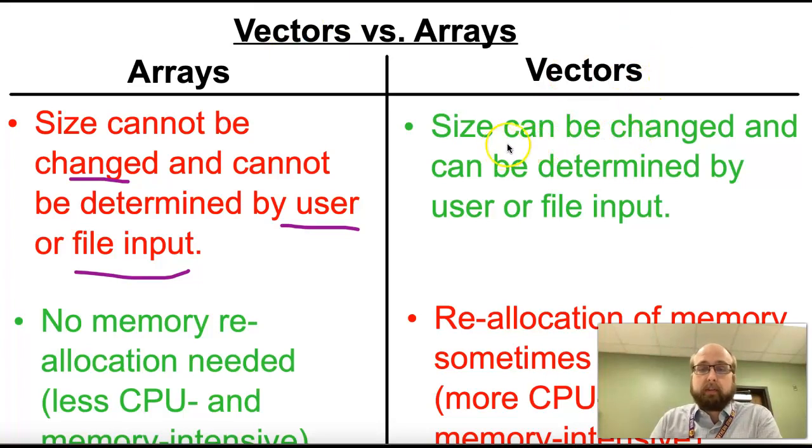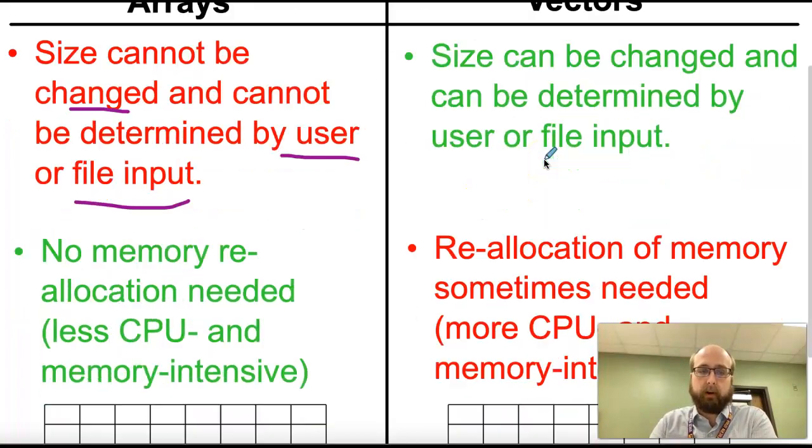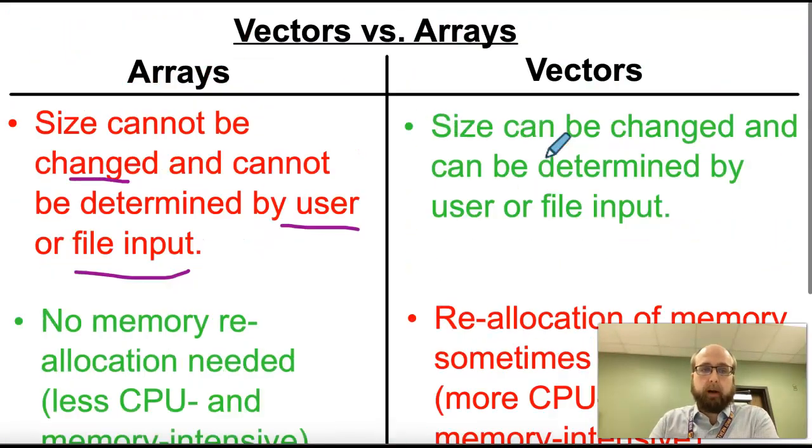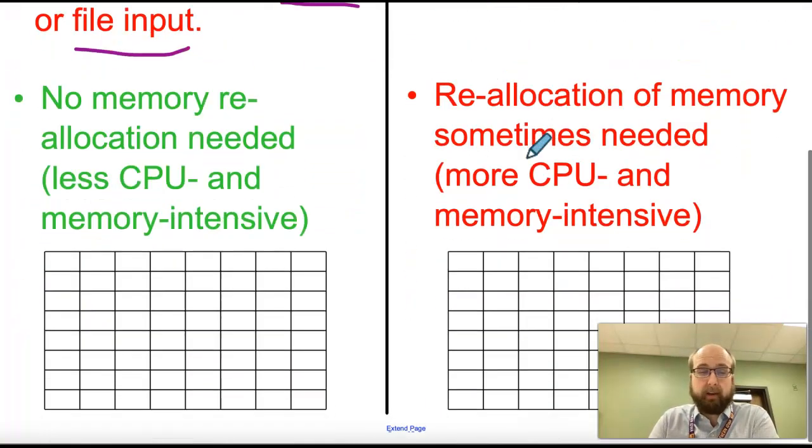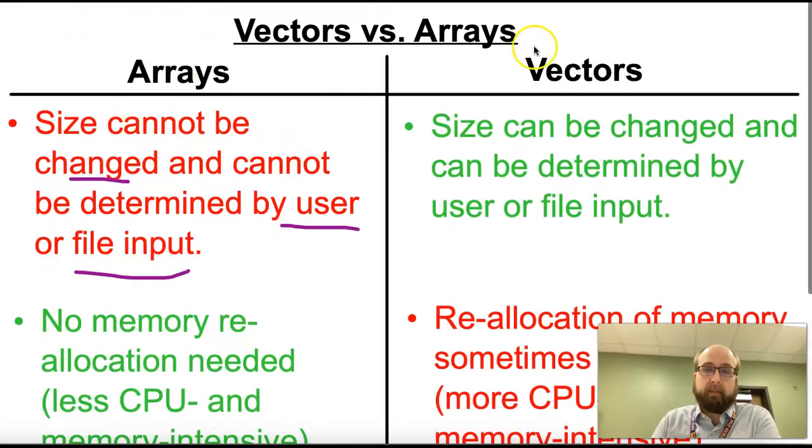Whereas vectors, they give us flexibility. We can change the size. We can have the user change the size. We can take a number from a file and have that change the size. It gives us a lot of flexibility in that case, all right? But that doesn't mean we should always be using vectors. We actually should avoid using vectors a lot of times if possible, because the problem is that vectors can be